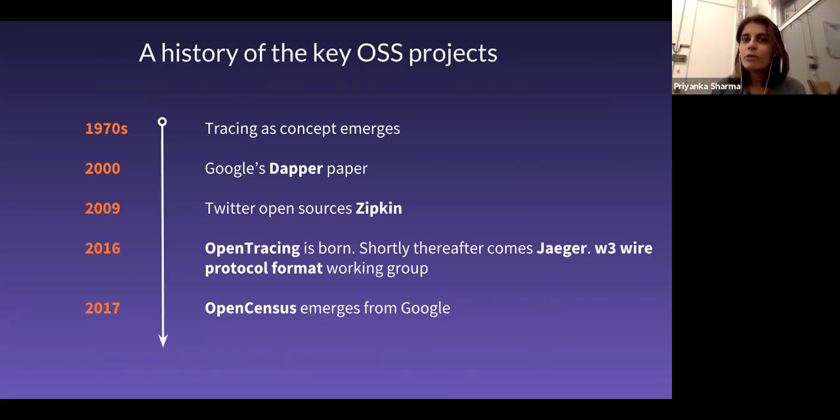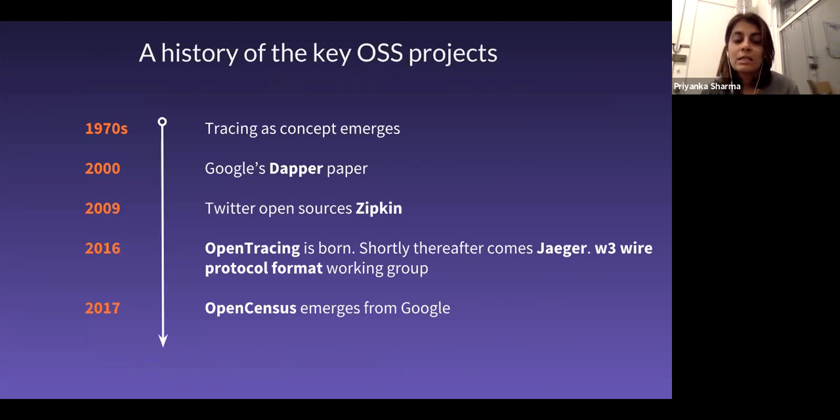But given what stage you are at, you may or may not know a little bit of the history of the open source projects that I'm about to cover. My objective with this part of the talk is to discuss the ecosystem of tracing, what is going on in it, and also how practitioners can move forward knowing what's the latest and greatest. So let's look at the history.